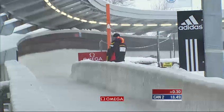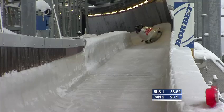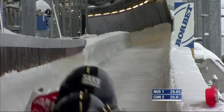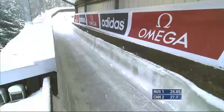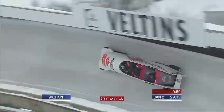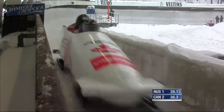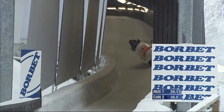Well, a couple of rattles on the wall. You want to see some aerodynamic problems? Look at the number 2 guy or 3 guy. He's way up. Look at the guy. Slid around. He doesn't fit in this sled. No, I'm saying he's sitting on his teammate, not in front of his teammate. Watch the way they head back and forth. There's a problem here, the way he's sitting in that sled, and the coaches will address that. Next time we see Chris Spring, maybe not this week, but next week I bet he's sitting better in